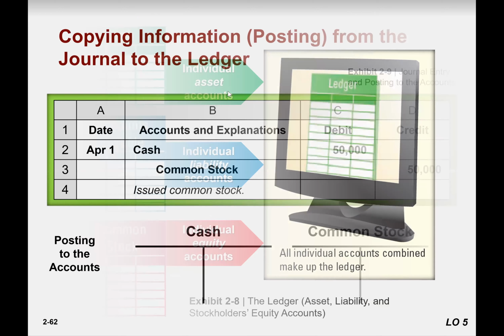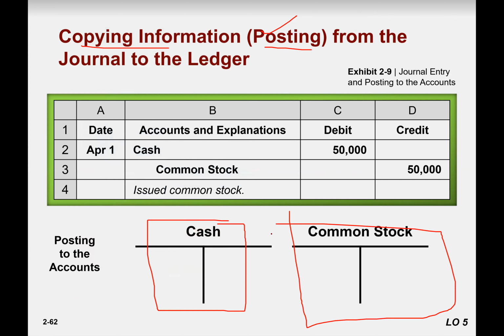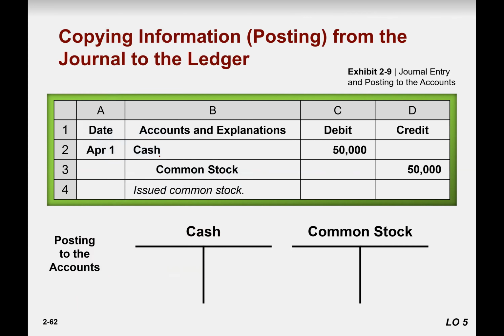If we want to post it, we make a T account here. In real life, these T accounts are books, registers, right? So let me clear the mess here. So our entry was on 1st April,